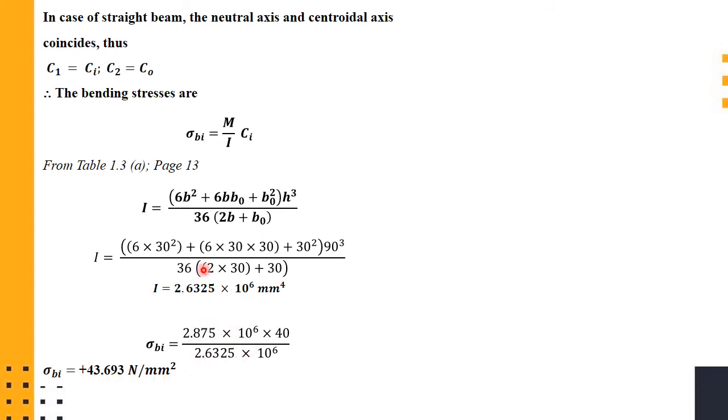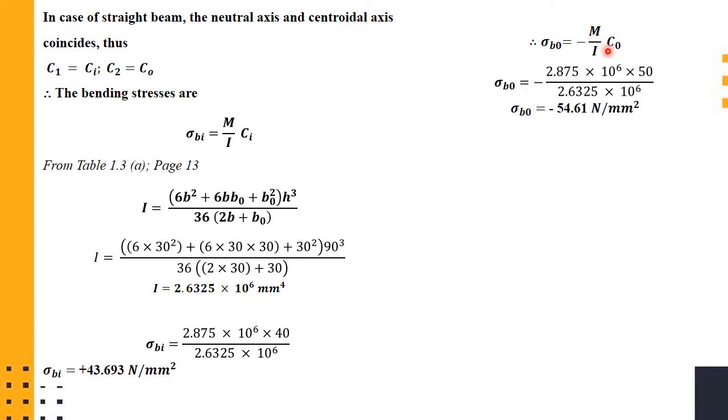So it is a direct substitution. Now you can calculate the bending stress at the outer fiber. You can see the bending stress at the inner fiber will be a positive value because tensile stresses will be acting, whereas the bending stress at the outer fiber will be negative because the fibers will be contracted due to compressive forces, right? That's why negative is mentioned here. So again, I is calculated, m we know and C0 also we know. So you can directly calculate the bending stress at the outer fiber.